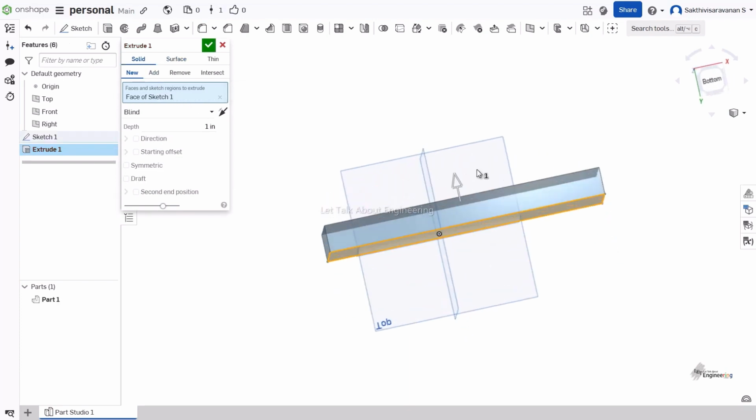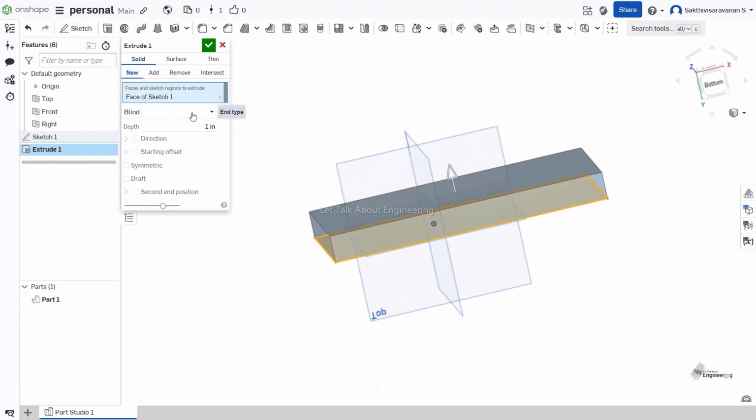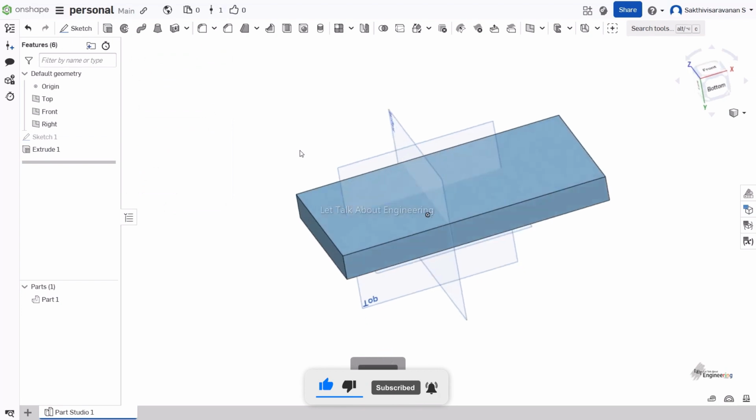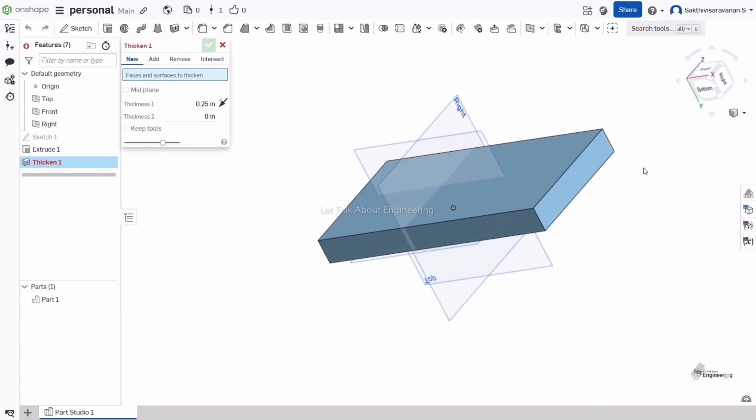Select the solid and make an extrude with an approximate value. I will give 1 inch, which is enough for me, and then activate the Thicken command. The Thicken command is nothing but it will add an extra 3D object to the existing body. For example,